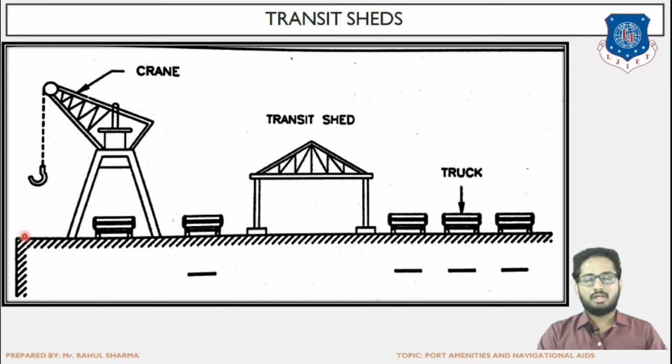So first of all, the cargo or commodity will be unloaded on the platform, and from the platform they will be transferred to the transit shed, and at the time of removal from transit shed they will be transferred to the platform, and from the platform it will be transferred to the ship or vessel. Trucks basically indicate the communication facility, that is the roadway communication facility. So trucks are for the movement of cargo or commodity which have been unloaded at the port and to carry them to that specific destination. So this is just a general view for transit shed.